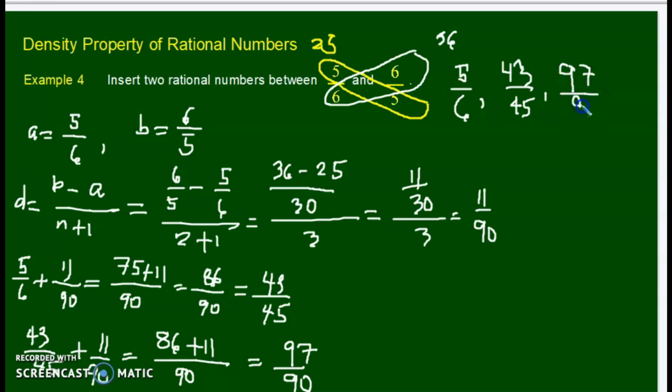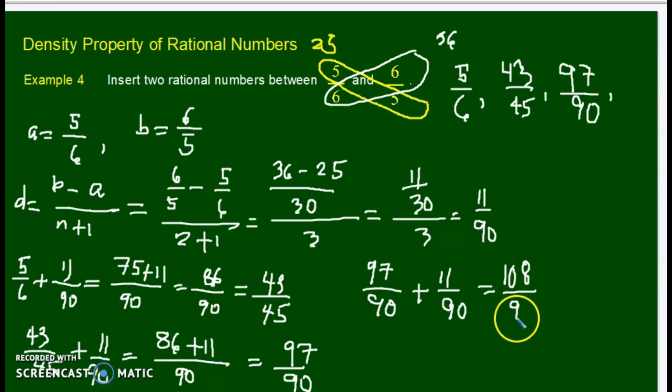97 over 90. Okay? And to check if you'll be getting a 6/5 on the final answer, so tuloy lang natin. 97 over 90 added to 11 over 90, naging 108 over 90. At saan sila pwedeng i-divide? Saan pwedeng i-divide itong dalawang to? Okay, check natin muna. Pwede silang i-divide sa 2. So, pag i-divide sa 2,